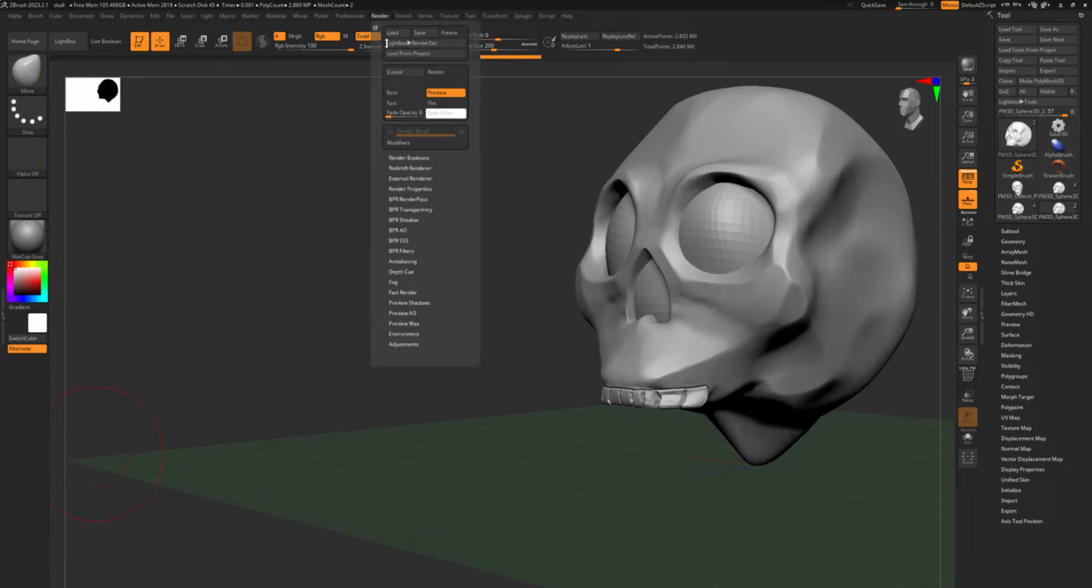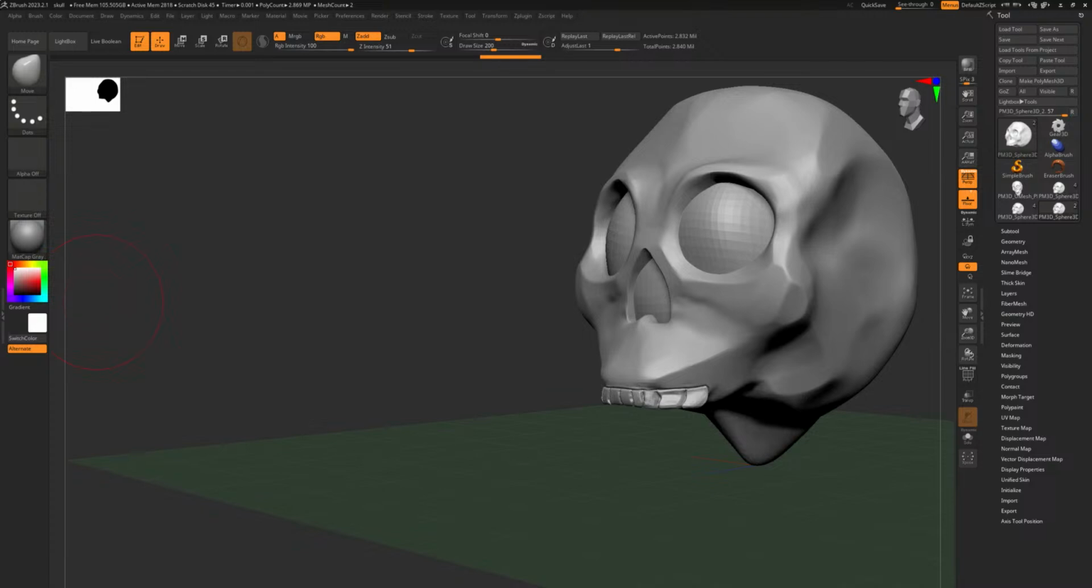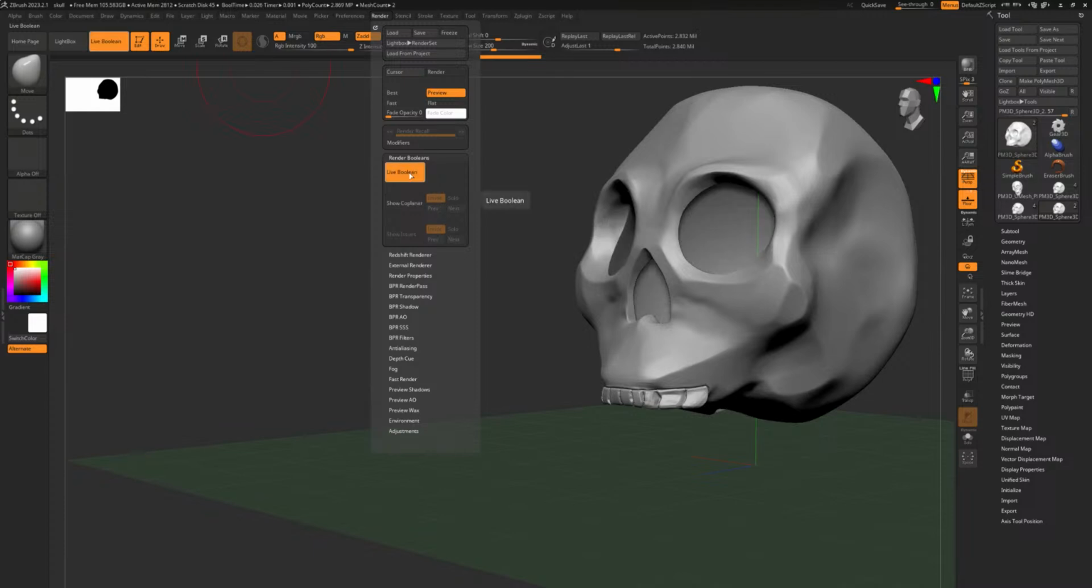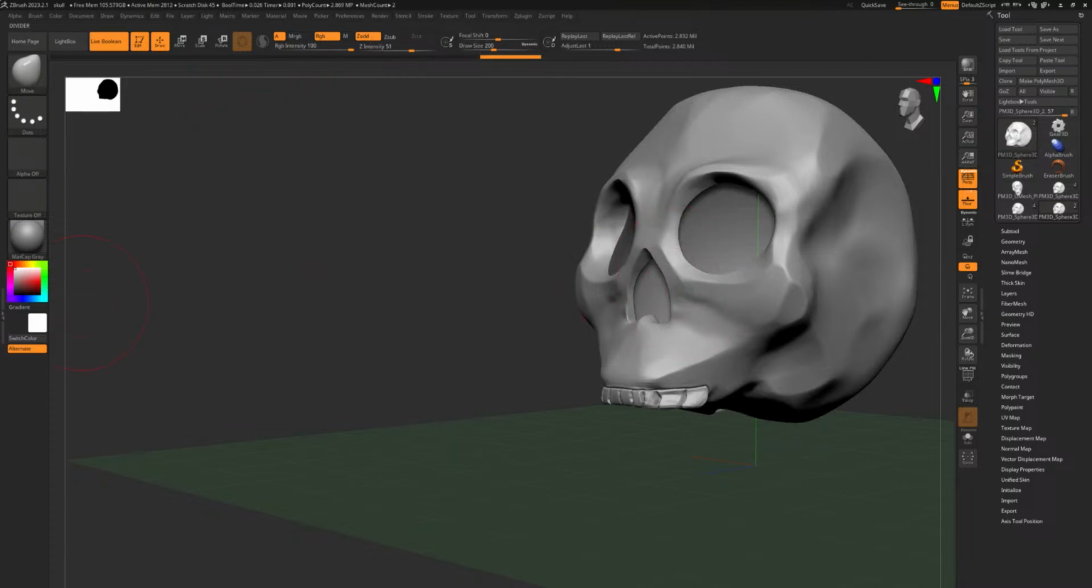It's up here. And then we have... What do we need to look at? It is render, external render. So it is... Yeah, no, it's just not though, is it? It's just not there, is it? A render booleans, live boolean. There we go. That's what I needed. Okay, cool. Can throw that tab away again. This works